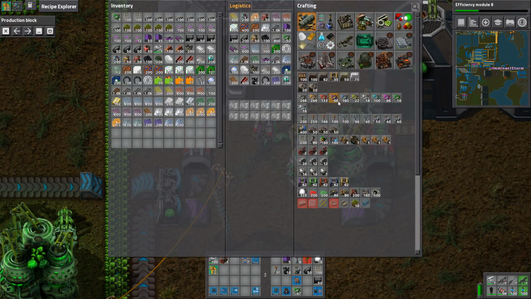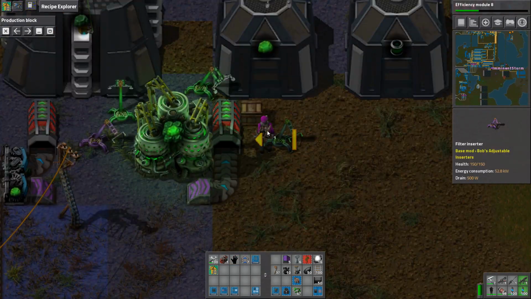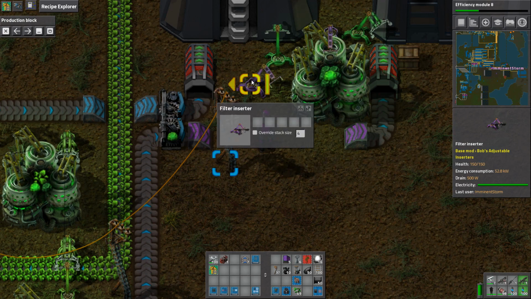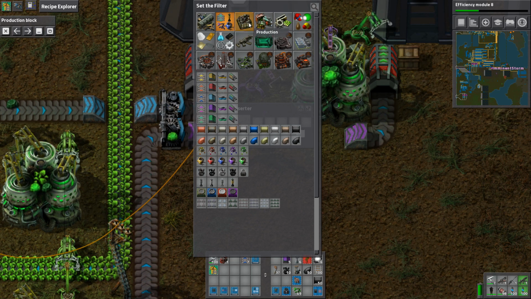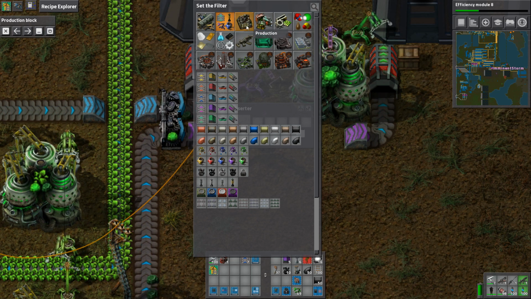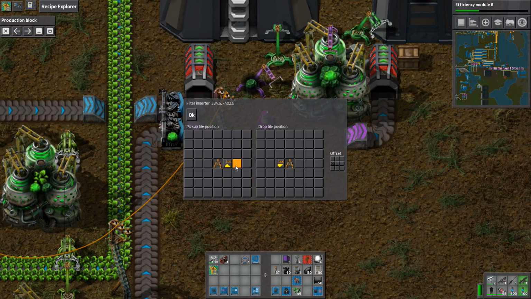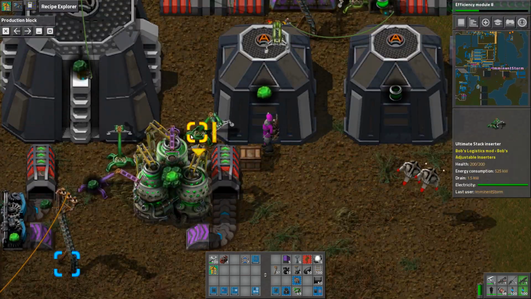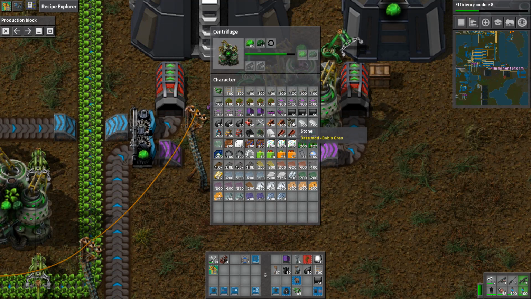And then we're going to want 2 filter inserters to do this. Alright, so what you're going to do is take the 238 out of here. Where is it? There it is. 238. You're going to pick up there and you're going to drop there. Easy. And you are going to pick up the 235. You're going to pick up where you're at and you're going to drop there. So when this finishes,